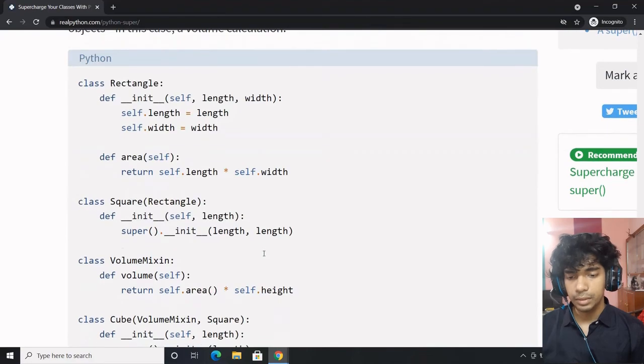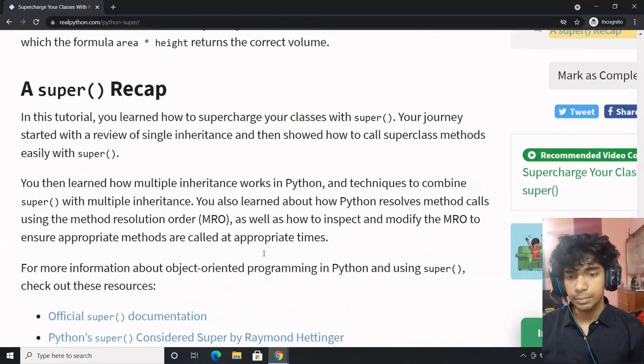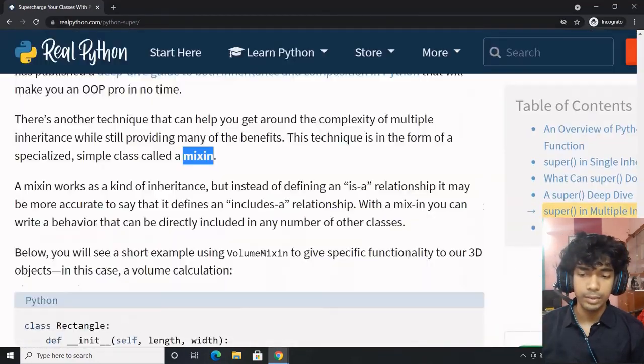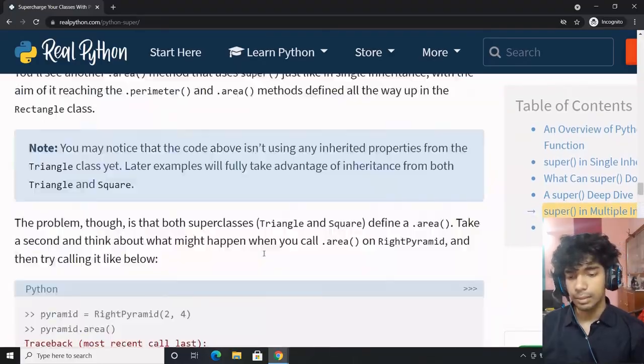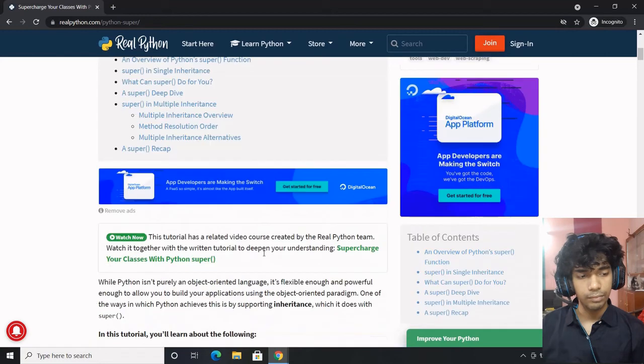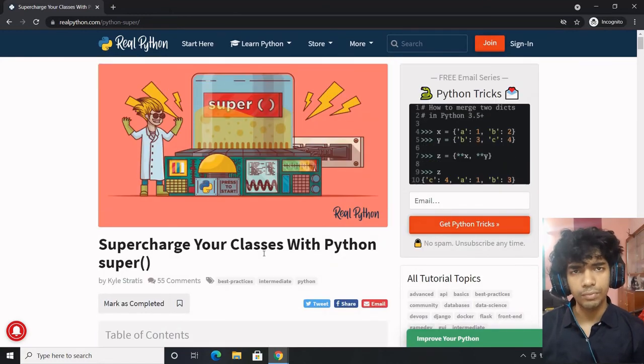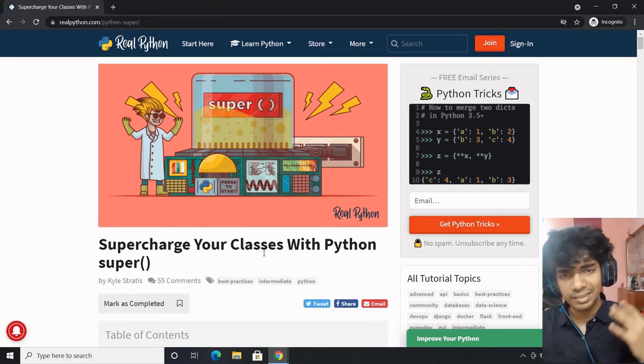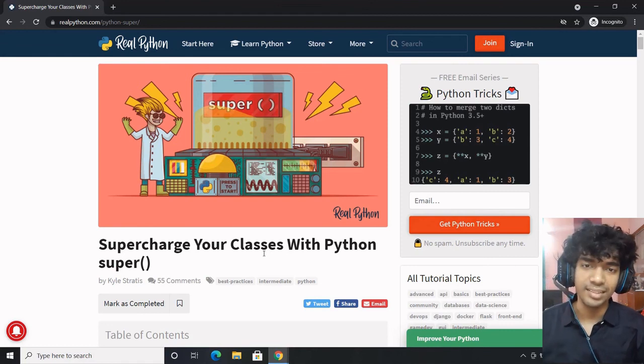I think you can go through this, you have got the hang of it. Then comes this alternative, composition and mixins. This is something we won't discuss over here. We can get to it in a later discussion, what is composing and what is mixing. But I think we have got a brief overview of what super is, how to use it for your benefit, and understand why it is widely used in deep learning and other things.